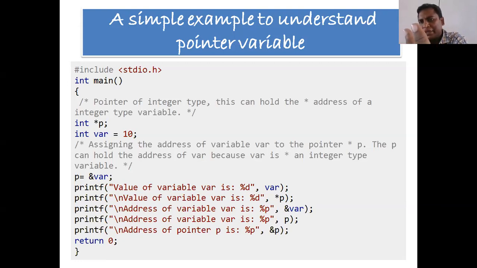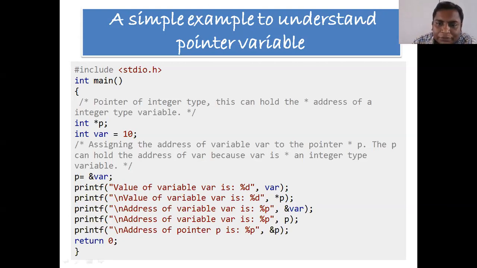First is the address operator and another one is the indirection operator. If we put &a, it will give you the address of that particular variable. If we put a star followed by the variable name, it will give you the value at that particular memory location.